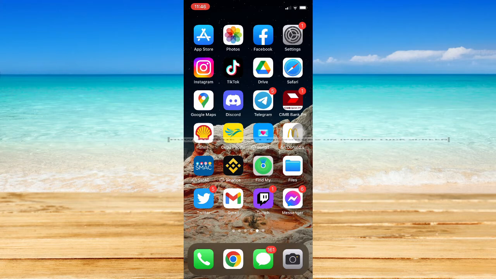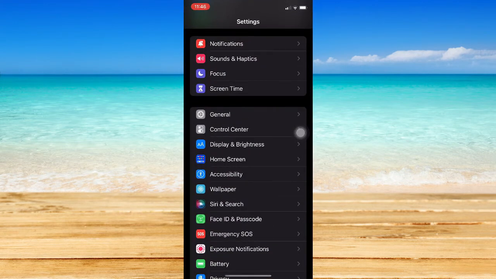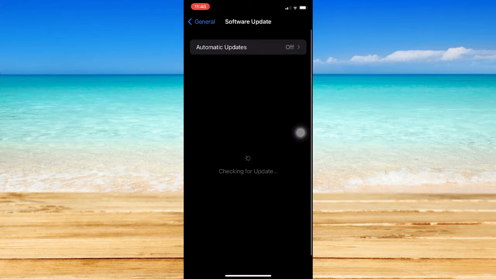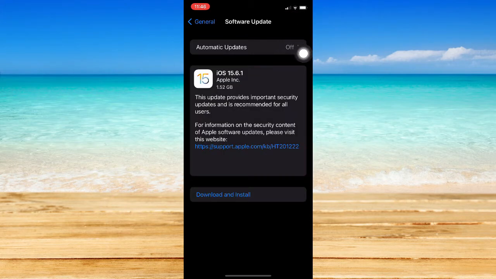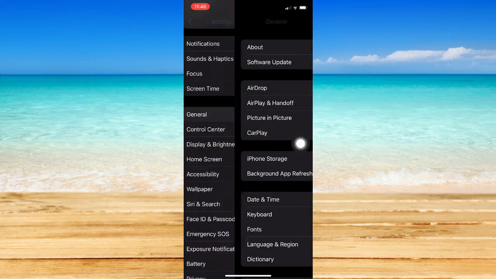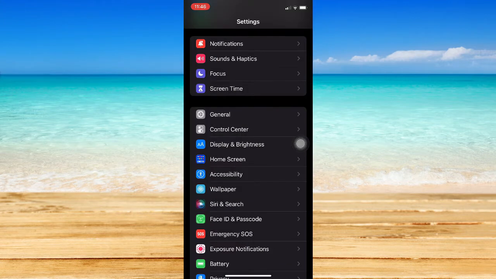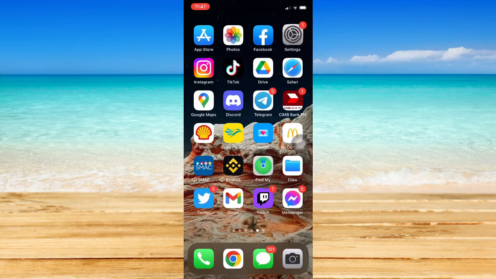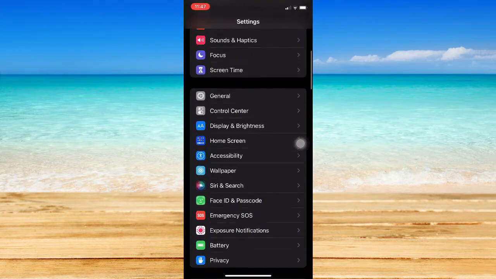So let's begin. The very first step that I will be teaching you is to make sure first that your iOS is up to date. So go ahead to settings and then go to general, go to software update. Make sure that you are connected to a Wi-Fi connection or a data connection and click on download and install. The purpose of this is that the feature that I will be teaching you might not be present on your current iOS. Now, assuming that you have updated your iOS, you may go back to settings,